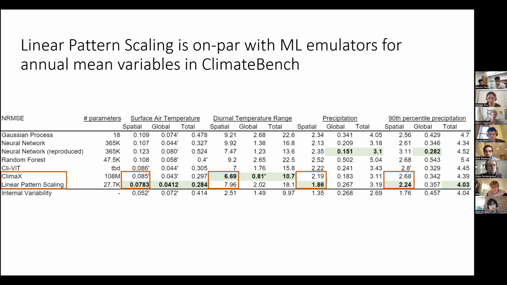So while linear pattern scaling is better than the other models here, one could make the argument that all of these models are approximately the same quality. But then there's also the other argument that there is an almost linear relationship